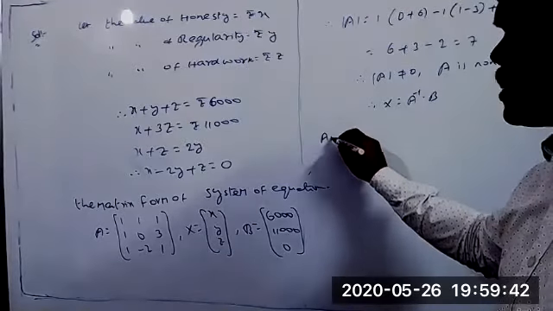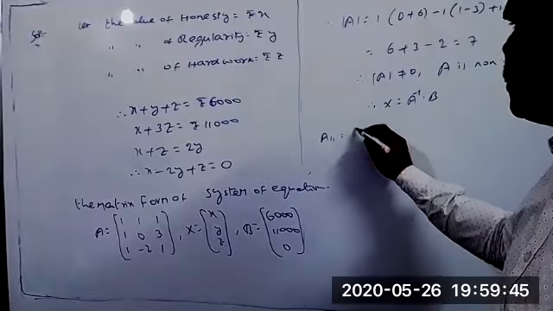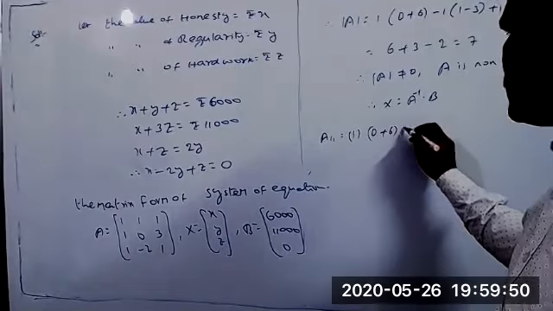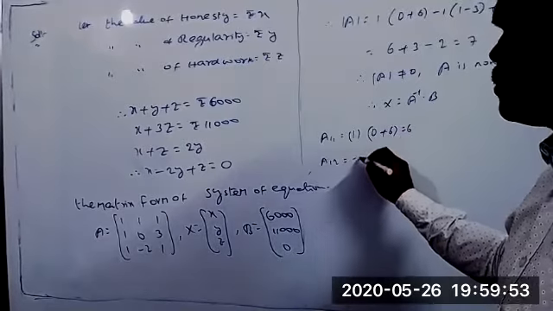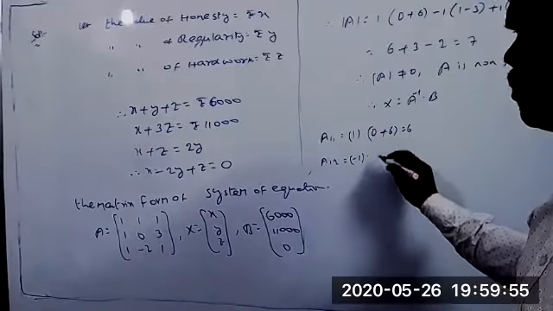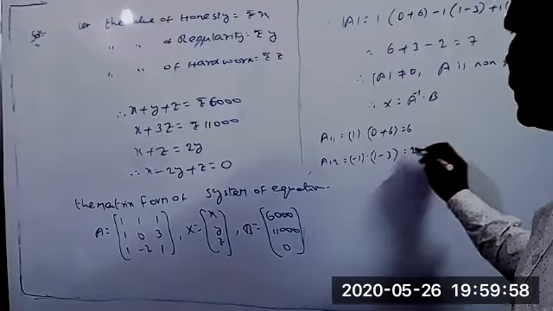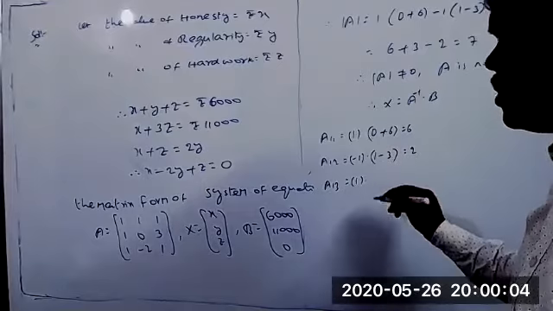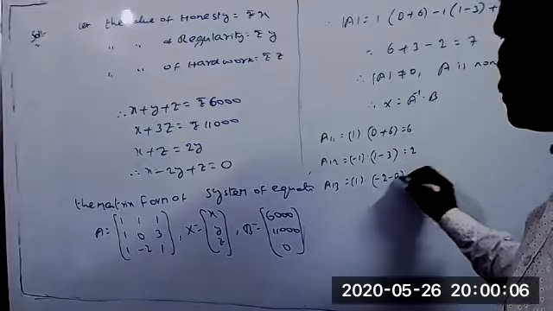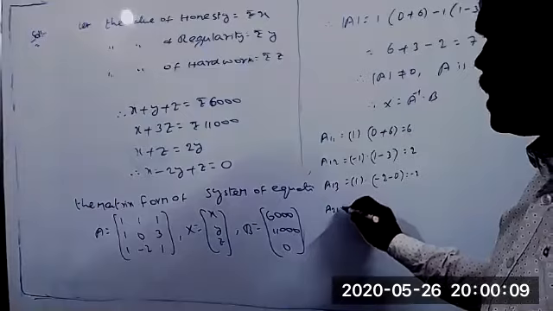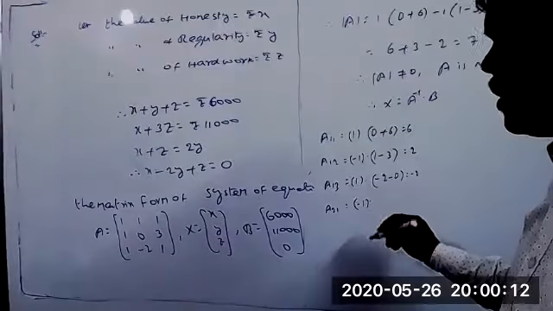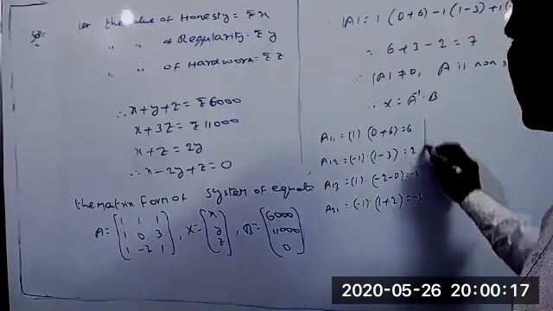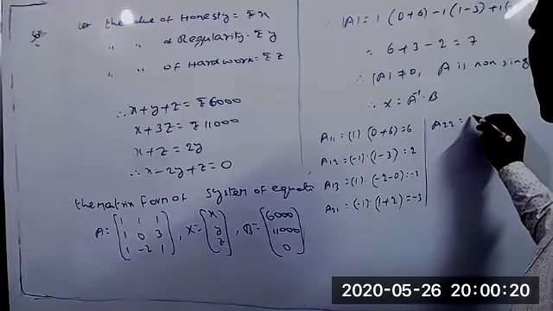So first we can find the cofactors. A11 equal to 1 into 0 plus 6. It is equal to 6 now. And A12 equal to minus 1 into 1 minus 3. It is equal to plus 2. A13 equal to plus 1 into minus 2 minus 0 equal to minus 2. And A21 equal to minus 1 into 1 plus 2 equal to minus 3. Next A22 equal to plus 1 into